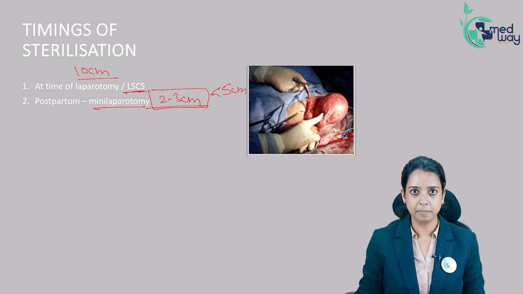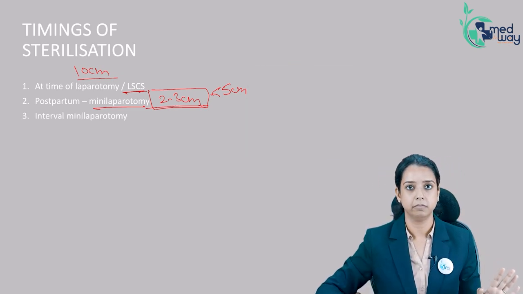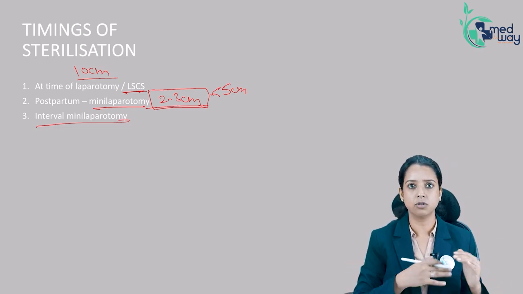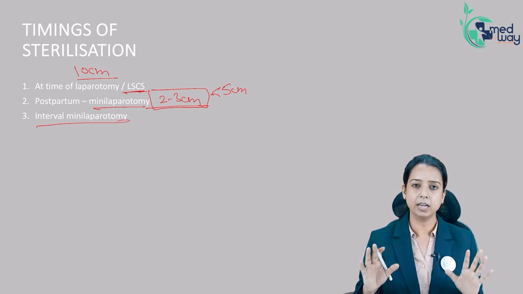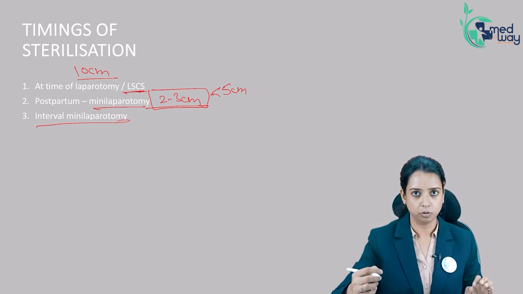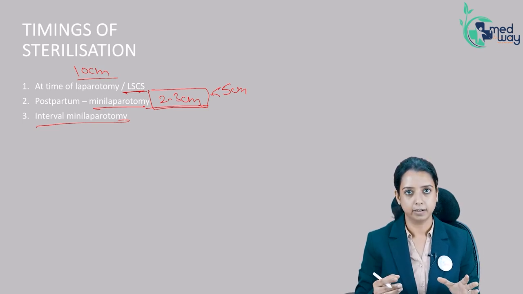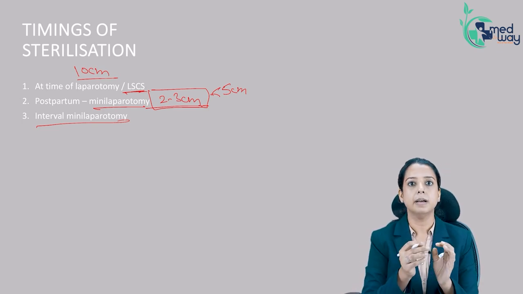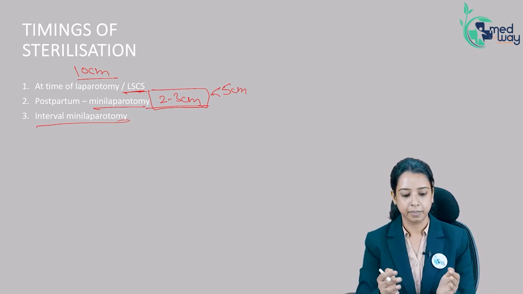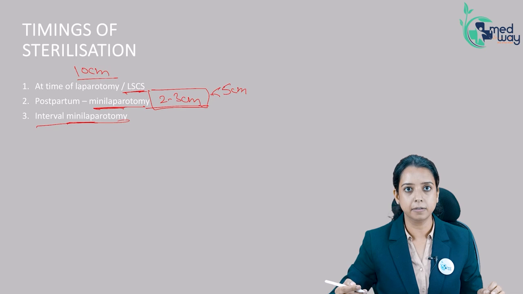And when can mini laparotomy be done? When the woman has just delivered, or any time. We call it interval mini lap. She is not pregnant right now, she has not delivered recently, then can she go for laparotomy? Yes, mini laparotomy. By making a small incision, we can remove the tubes. But where? The tubes are pelvic organs during the interval period. Where will we locate them? We have to first palpate the uterus, then make an incision. I'll tell you the site where the tubes will be more easily accessible. So they are both mini laparotomy, but where you make the incision will differ.